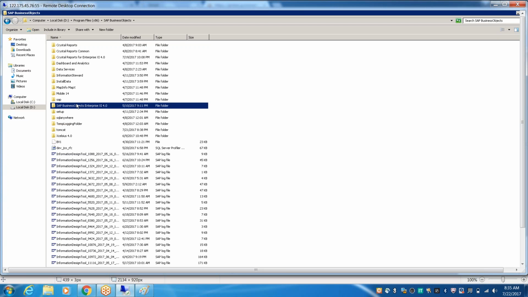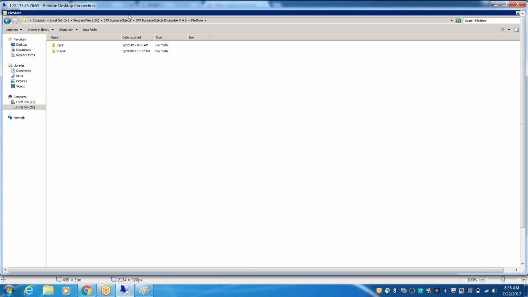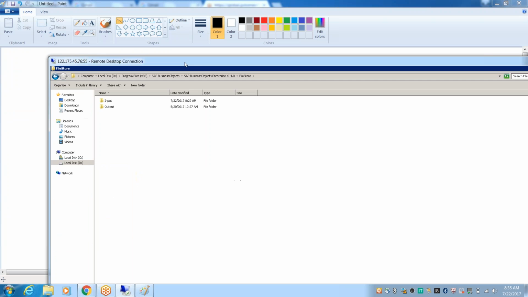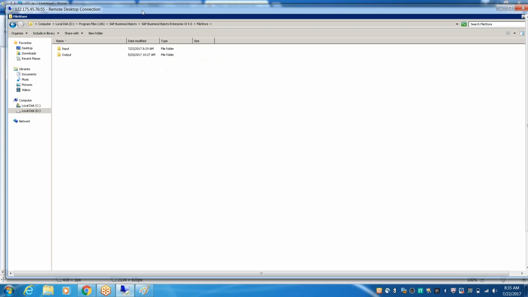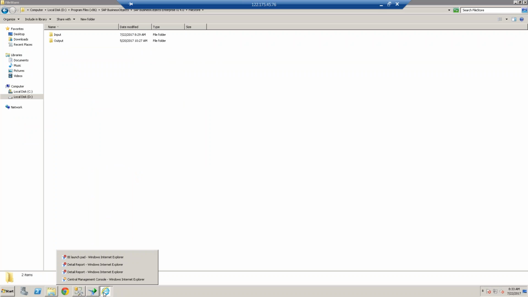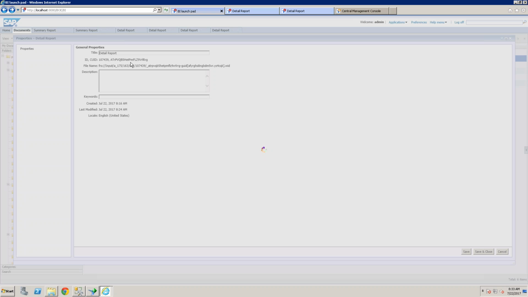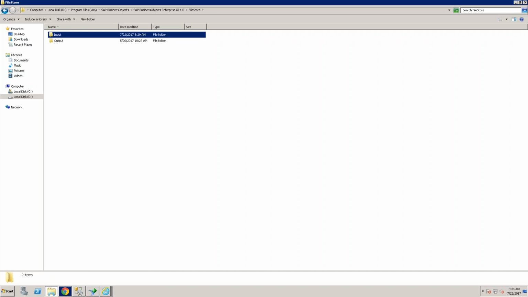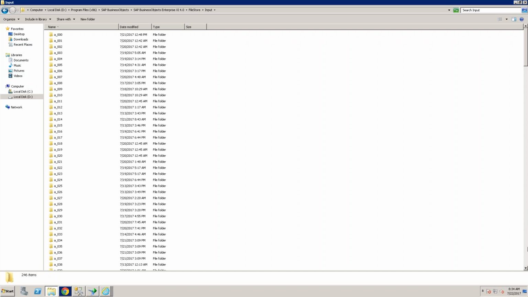Business Objects folder. Under that, you can see the file store directory. And what is that path? You can see here, Input folder A_175. Input folder A_175.